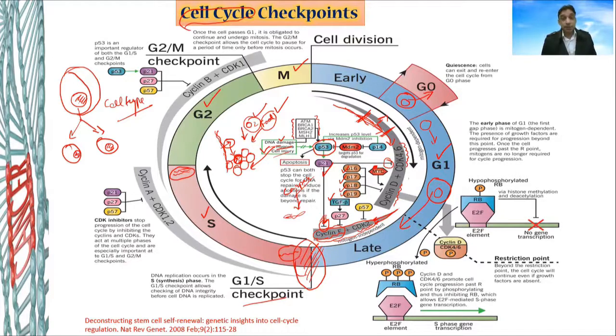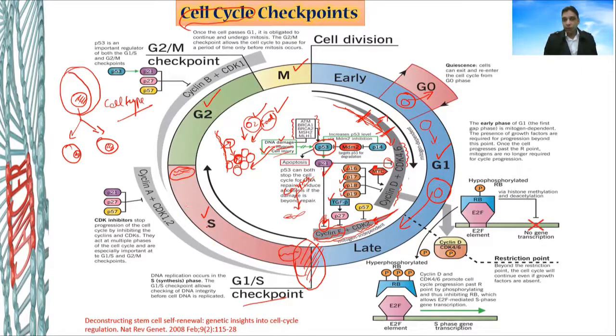And you can guess the replication of DNA, once it is committed, you cannot stop it. It's like once the cell started opening up, started unwinding its genetic material, it's a one-way process. It should be completed. It should start and then it should be finished properly. So for that period of time, the S phase, once it is started, there is no way we can stop this until the genetic material of the cell is duplicated.